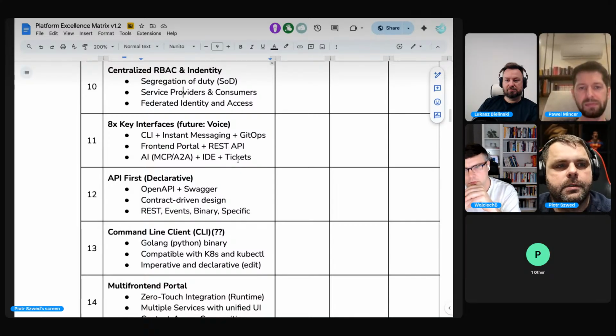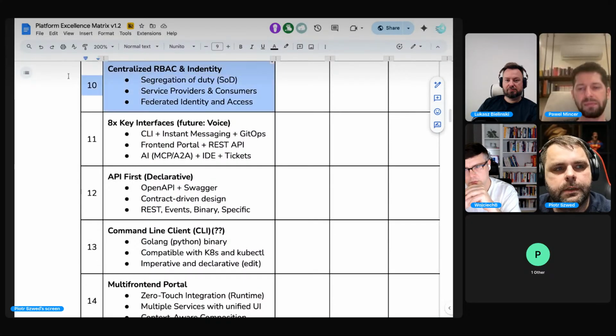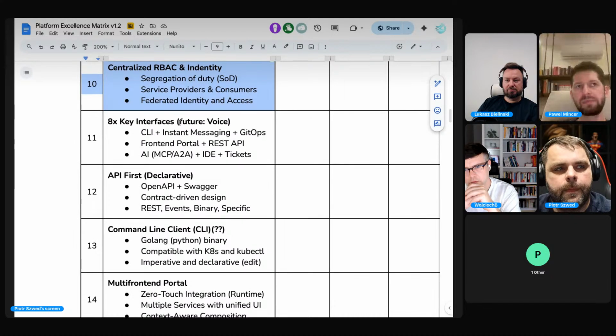What do you think about this part? Which is kind of blurry, but every organization is different, every platform is different. But my question is, do we expect the platform to deliver capabilities related to this topic, so we can organize the platform in a way that fits into our organization?